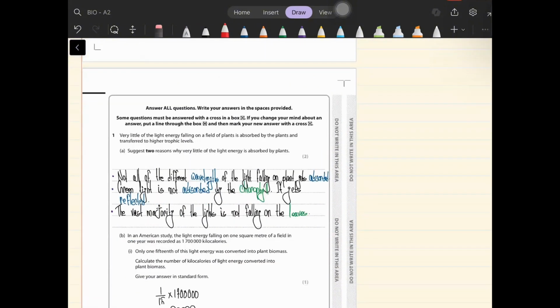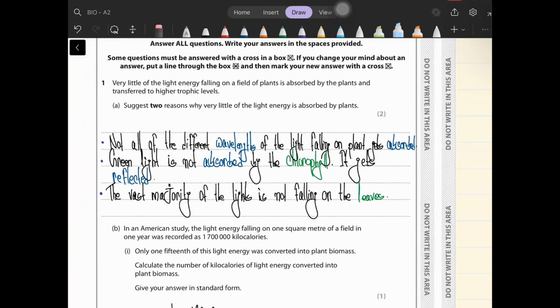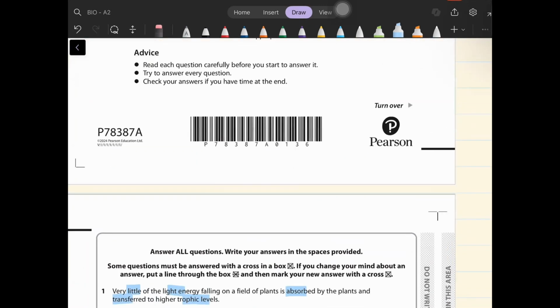First question. It says that very little of the light energy falling on a field of plants is being absorbed by the plant and transferred to the next trophic level, right? So suggest two reasons behind this. Suggest two reasons why very little of the light energy is absorbed by the plants. Okay, right. So